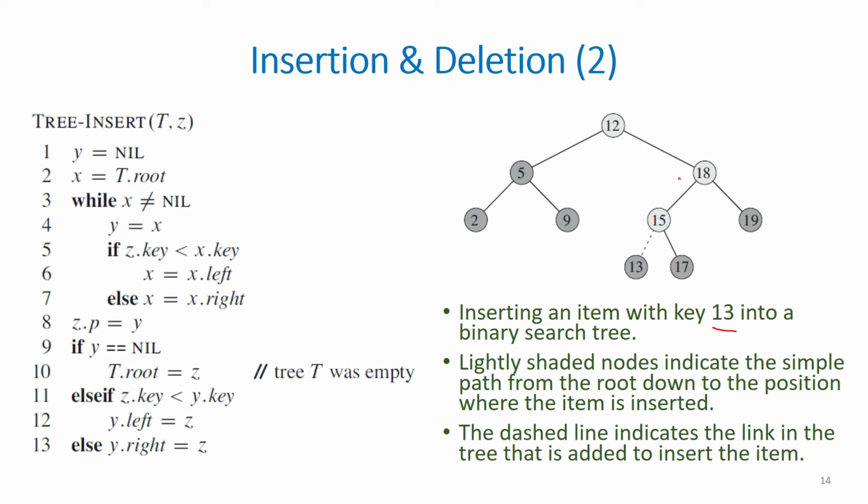Then we compare 13 with 18. Since 13 is less than 18, we move to the left. Then compare 13 with 15. Since 13 is less than 15 and 15 has no left child, we replace this nil with the key 13. Therefore, the lightly shaded circles show us the path that we traverse to insert the new key. And the dashed line over here shows the new